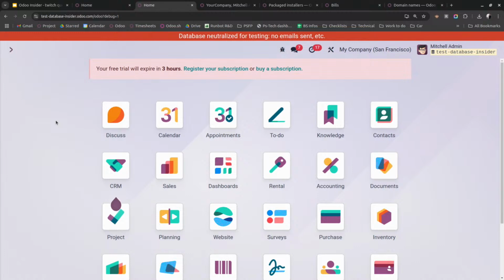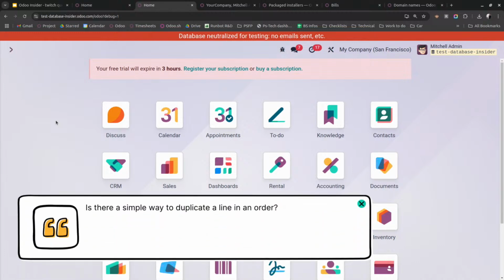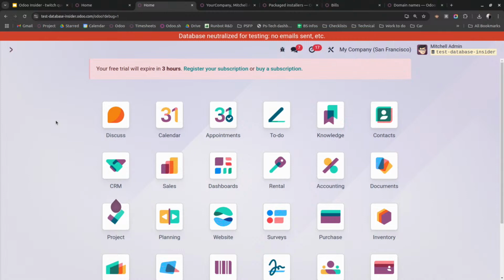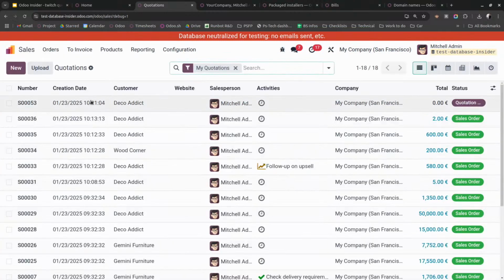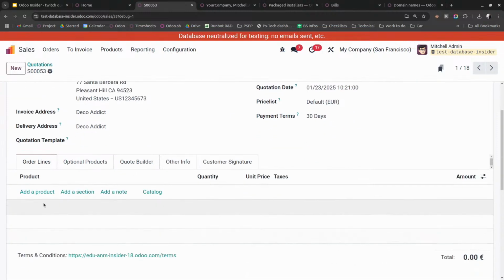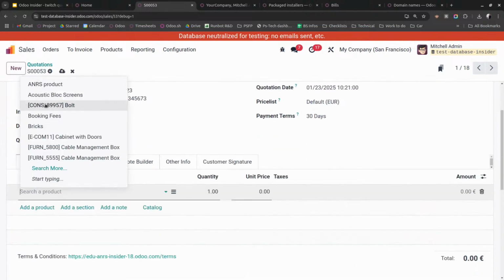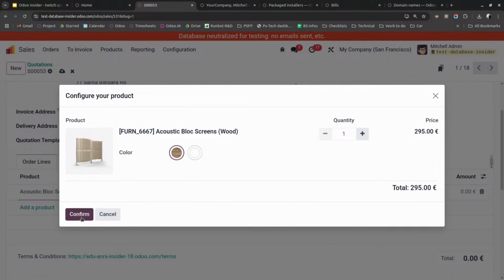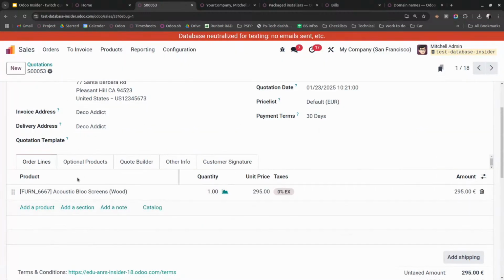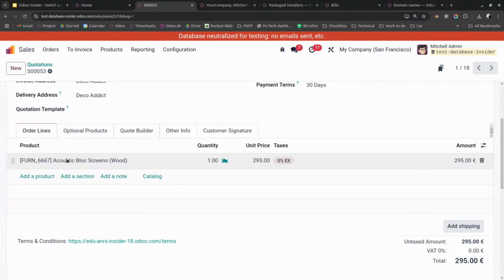Is there a way to duplicate a line in an order? That's an interesting question. I would ask myself why, because it's a bit surprising to duplicate a line when you think about it, because it means that you want to have 2 times the same lines with the same product, with the same unit price, with the same amount. Maybe there is a reason for that, but it's true that in standard, I think it's not completely planned like this,